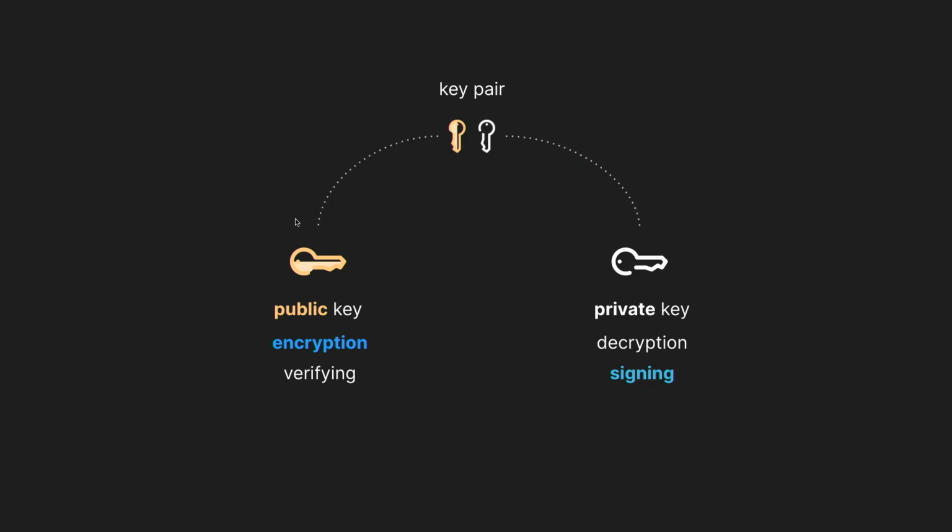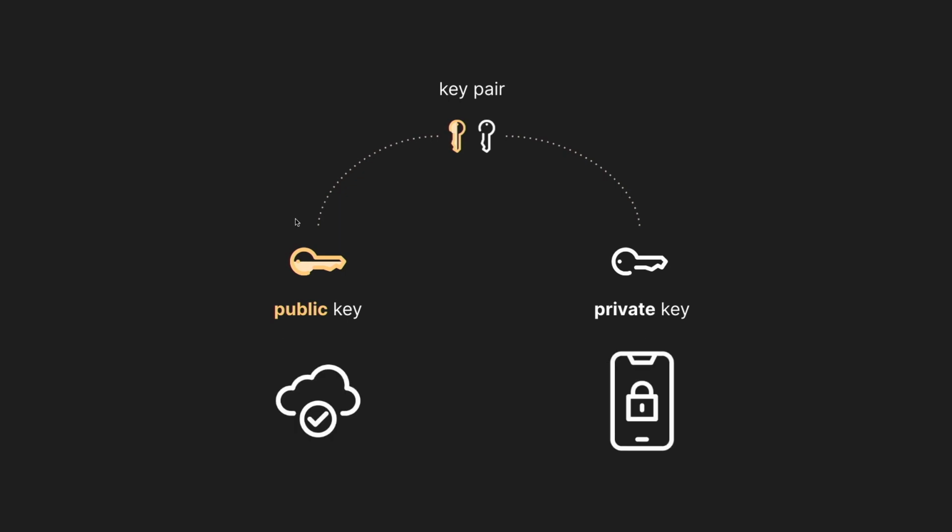So these keys in a key pair, they're cryptographic inverses of each other. What the public key encrypts, the private key decrypts, and what the private key signs, the public key verifies. And you only need to keep one of these secret, which is the one on the device. So the other one can be shared everywhere, no worries. And this is exactly what WebAuthn is banking on to enable secure passwordless authentication. And I think it's done brilliantly, and I'm going to explain it.